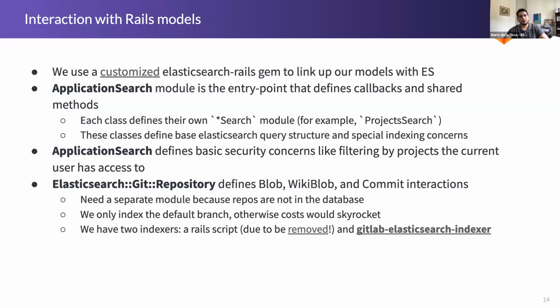So how do we interact with Rails models? Well, we use a customized Elasticsearch Rails gem to link up our models with Elasticsearch. We needed to customize it a bit because our way of doing the document type is not normal. We have a single document type for all of our models, and that's not something people usually do. So we had to customize it a little bit, and you can find those customizations under a,